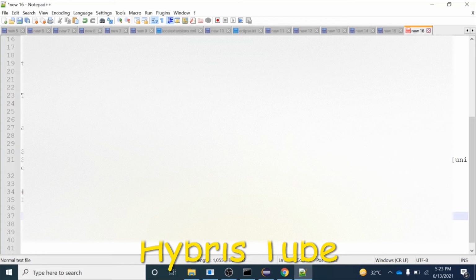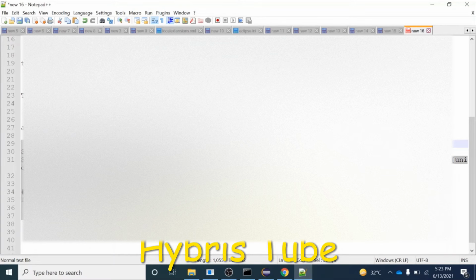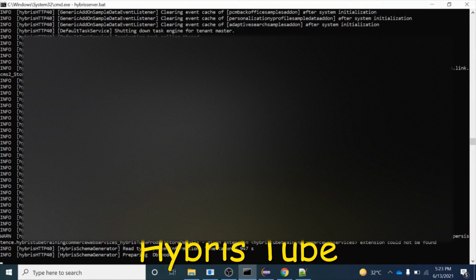I will just change the product ID. This is the ImpEx which we are going to run after the system update gets finished. This system update will take almost 20 minutes to finish. Once it finishes, we will import this ImpEx. So let's wait for the system update to finish, then we will perform our next steps.